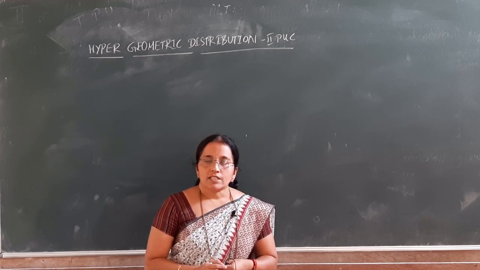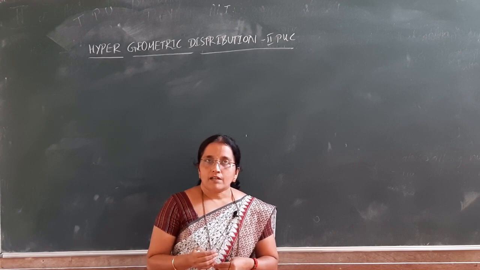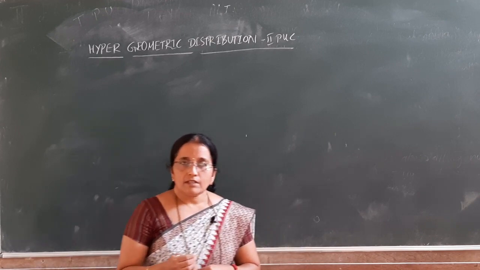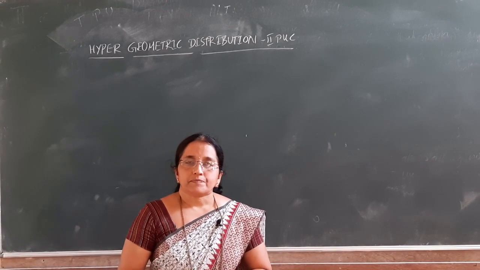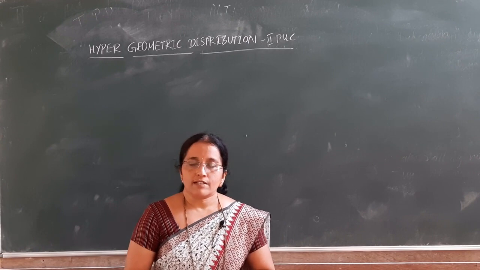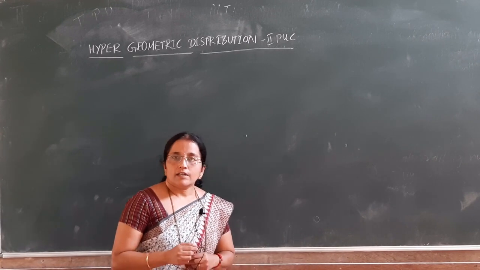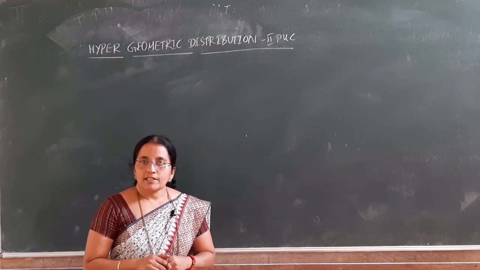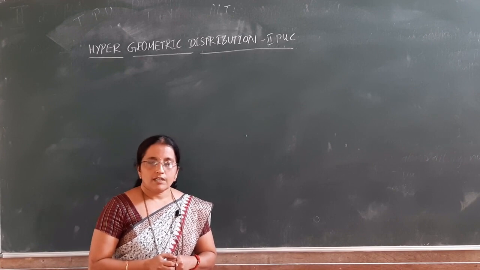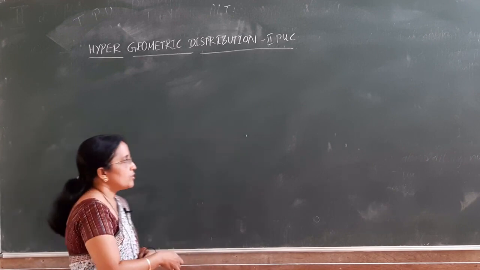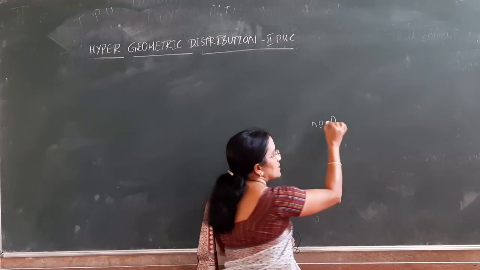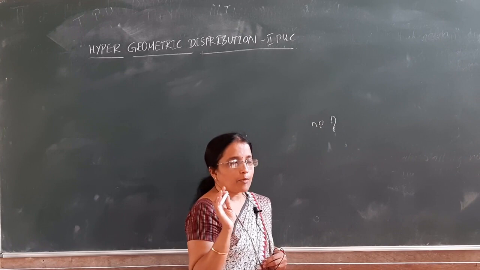Now consider the example which I have given in the last class. That is the first example: the number of girls in a sample of 10 students selected from 20 boys and 15 girls. This is how to write an example for hypergeometric distribution. Similarly, one more we can write like this. Totally there are two classes in a population.